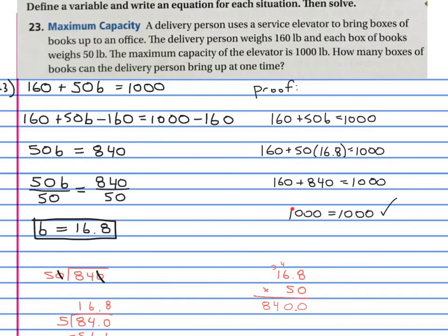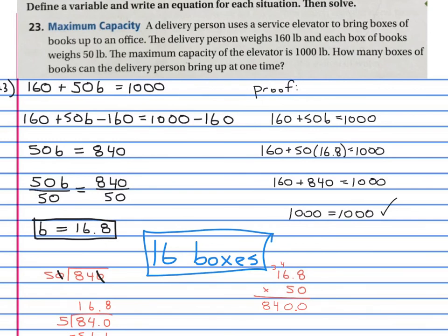What would happen if they exceeded this number and they did 17? Well, as you can see, 16.8 results in 1,000 exactly. Going above this number is going to go above 1,000. Remember, we can't make the elevator's weight go above 1,000, or it either won't go or it maybe will crash. So if we have to pick a whole number, we can't pick 17, so we need to round down and say 16 boxes. Okay, so then the answer becomes 16 boxes. That, my friends, is the final answer,